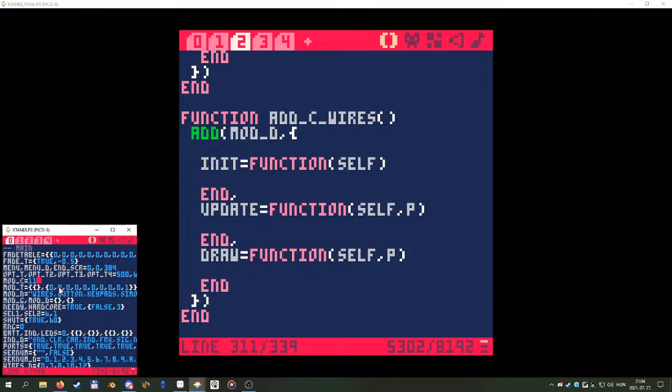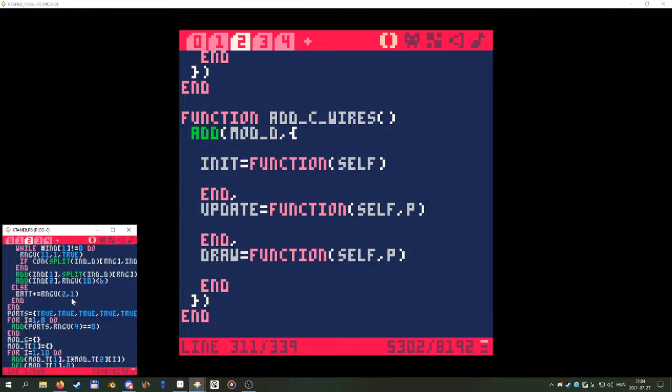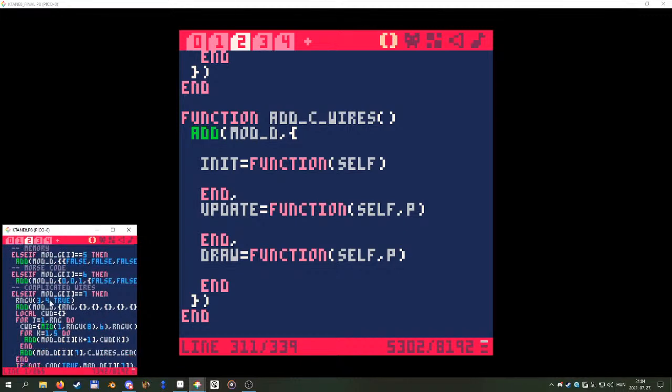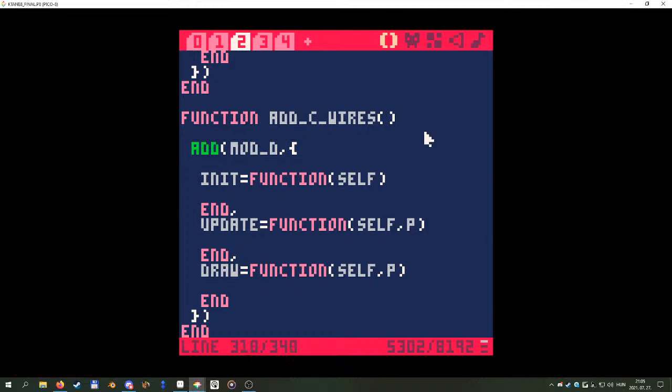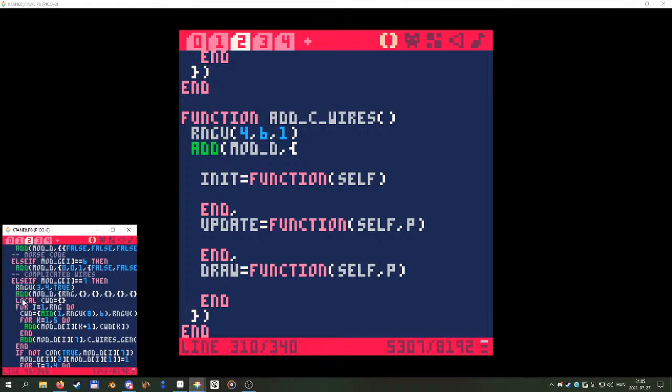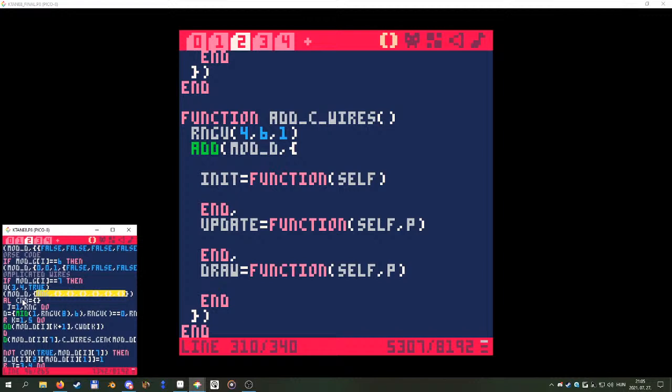For that, the data is going to be, here it is, complicated wires. First of all, I generate a random number in the function instead of the add, and starting from 4, I want 3 different numbers, which means that's gonna be 4 to 6 instead. And this is now 1 and 0 and 1 instead of true and false. So that's that. And then I copy over this thing like so,